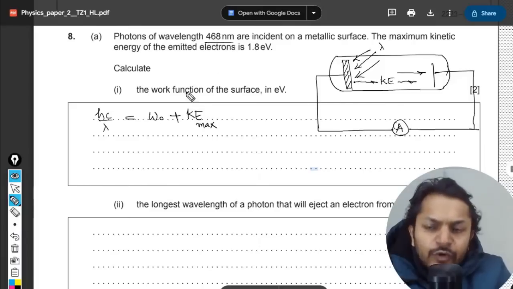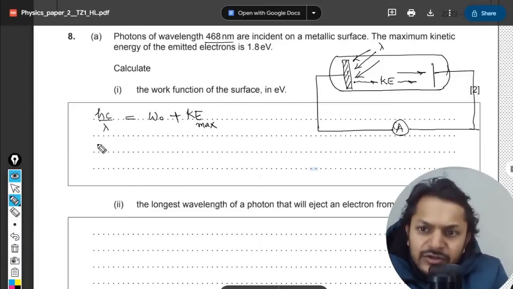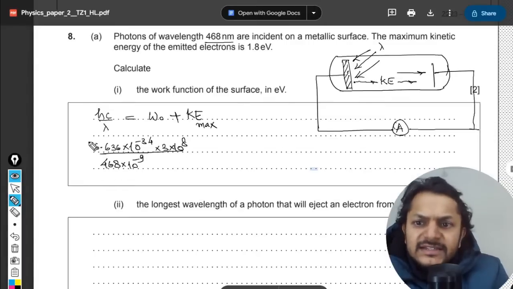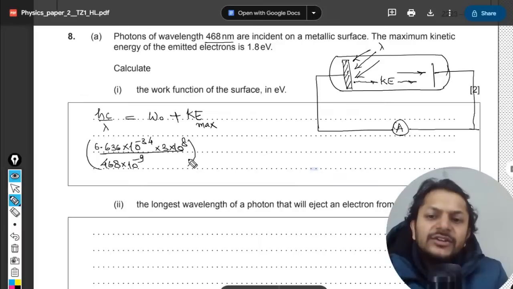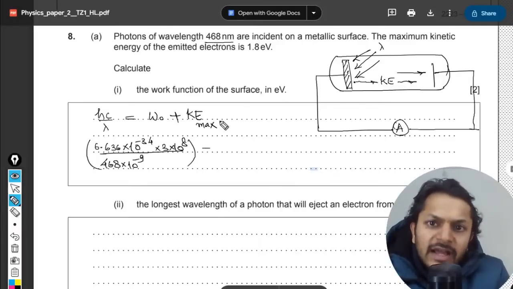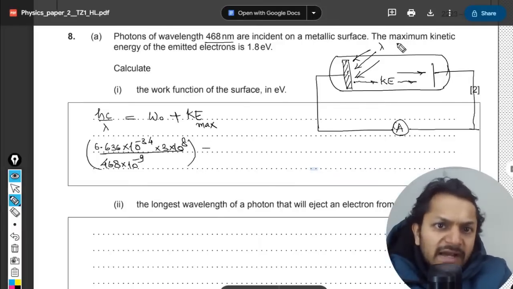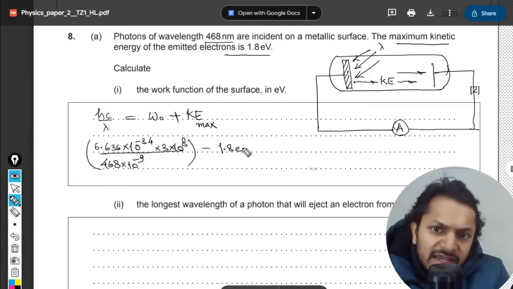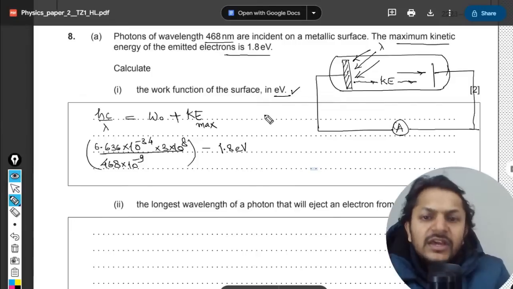The wavelength is given as 460 nanometer. We can just plug in our values here. h is 6.63 times 10 to the power negative 34, c is this, and the wavelength is 468 nanometer. This is hc by lambda, that is the energy of the photon, minus the maximum kinetic energy. So maximum kinetic energy is in eV, and you want the answer in eV,